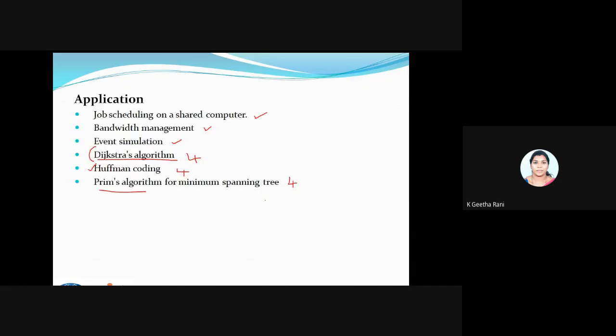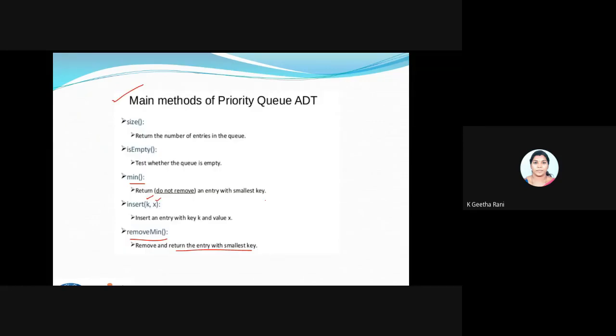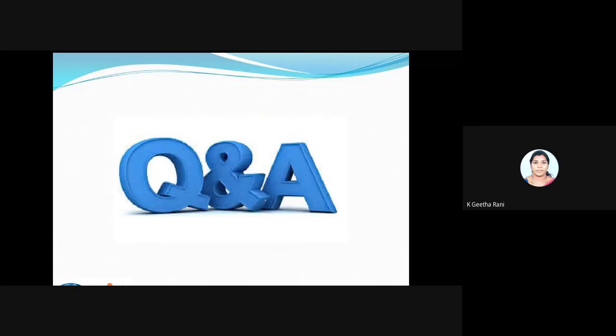That's all. If it is clear, can you give me an okay? I have not done any coding or implementation here. I have just explained the concept of priority queue, its drawbacks, where I can use it, and in what way I can implement it. The applications have been explained in today's session. If you have any doubts, you can ask me. If it is okay, give me an okay message so that I'll go for the next questions.